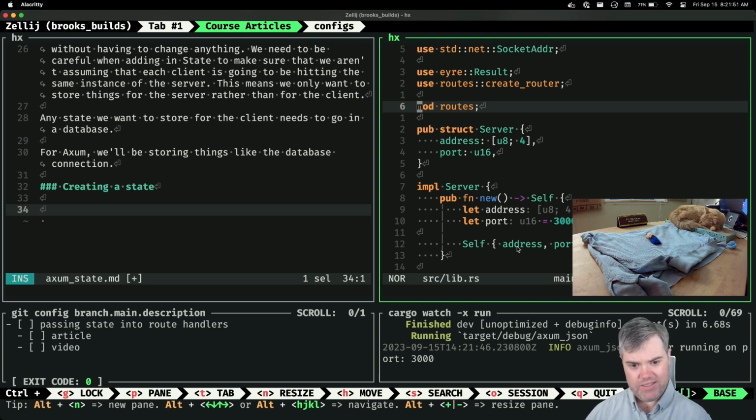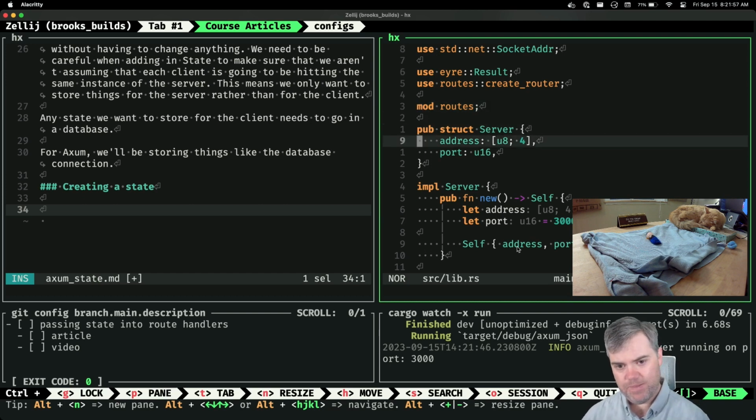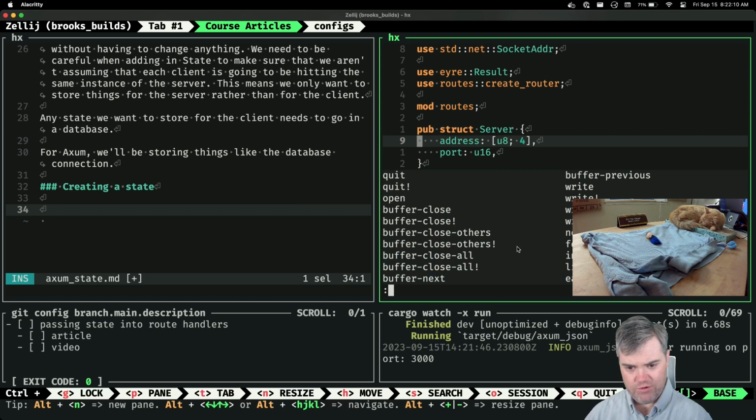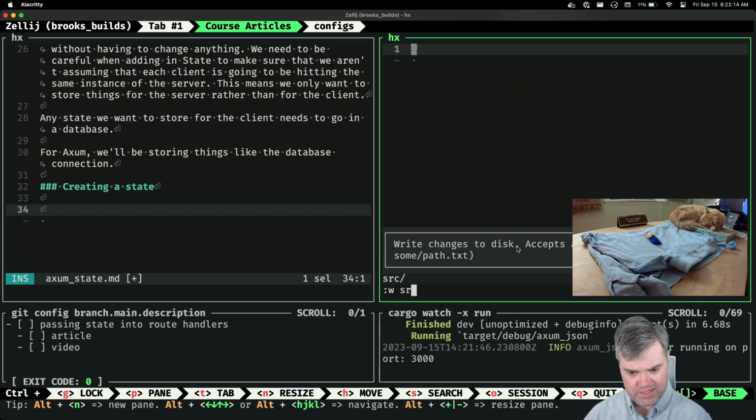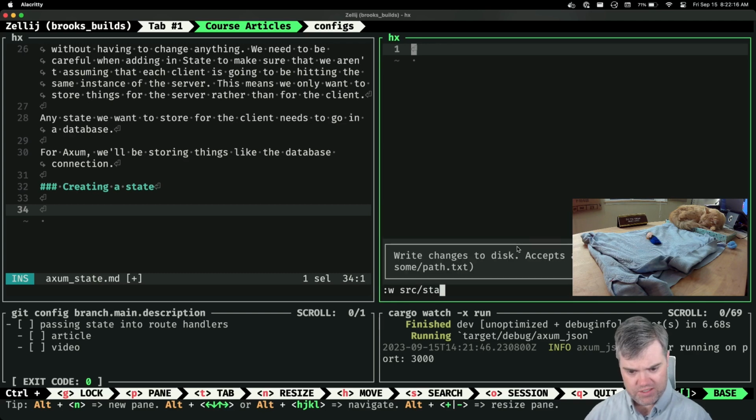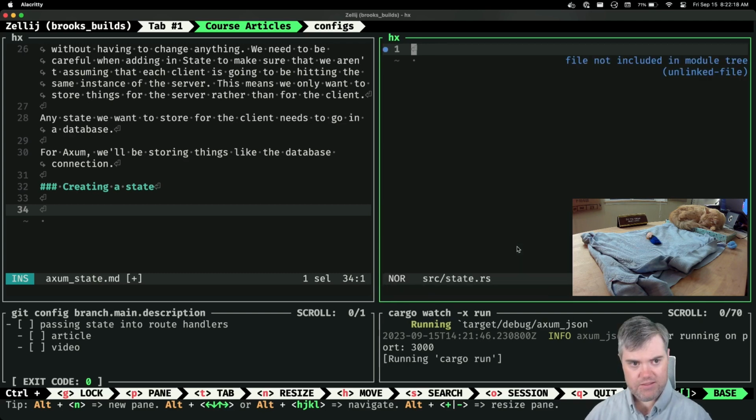I mean, I have the server here that has the address and the port. These I generally don't need as part of the state. I guess we could create a new thing. So we'll put into source. Let's put state.rs.